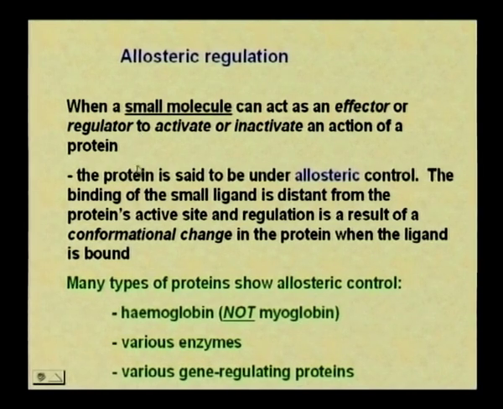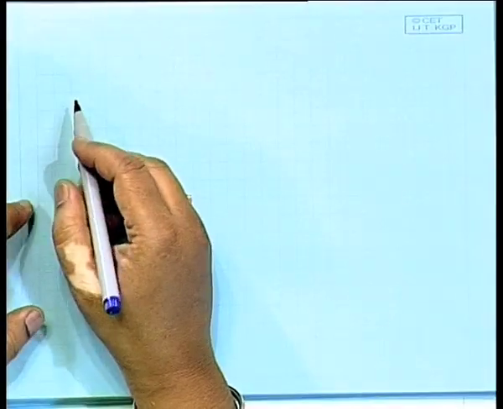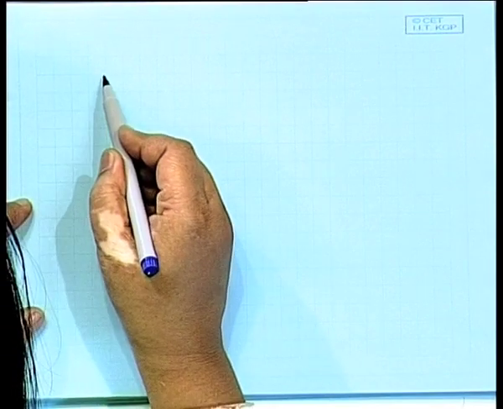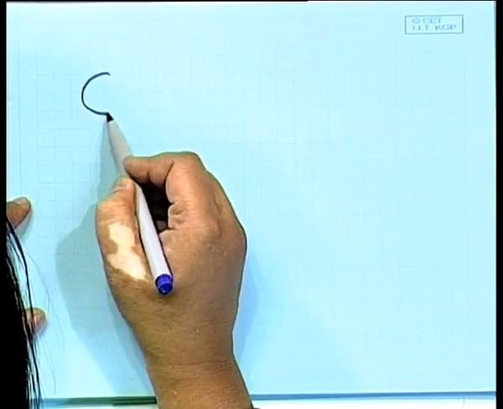What does that mean? The protein is said to be under allosteric control. This means that, for example, if I just show you what it means here, suppose we have our hemoglobin molecule. We have our hemoglobin molecule that is actually comprised of